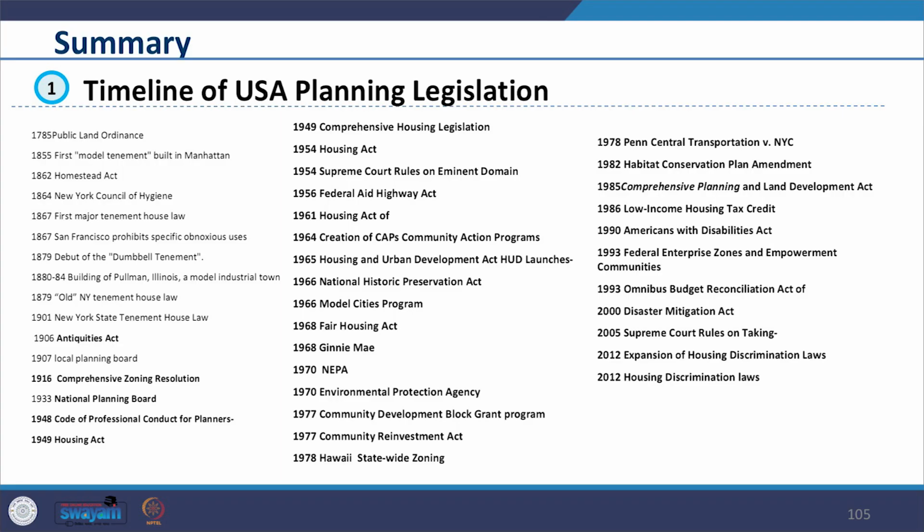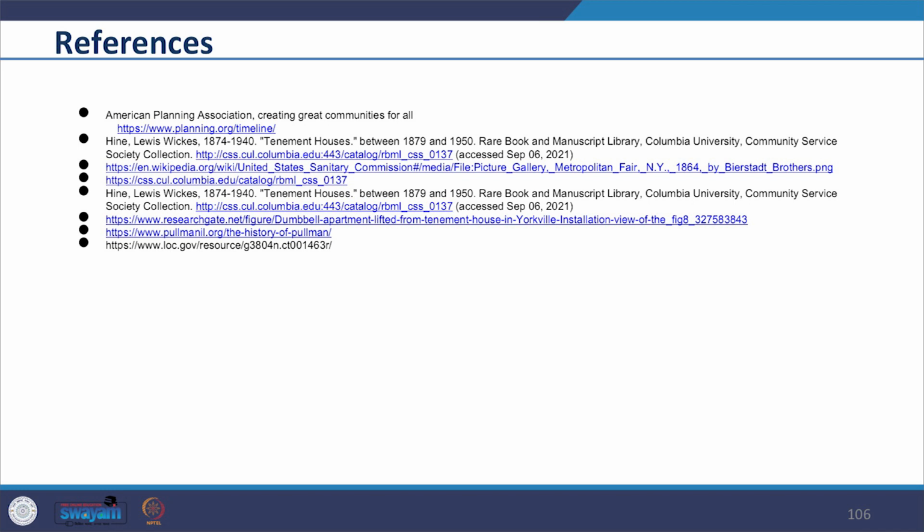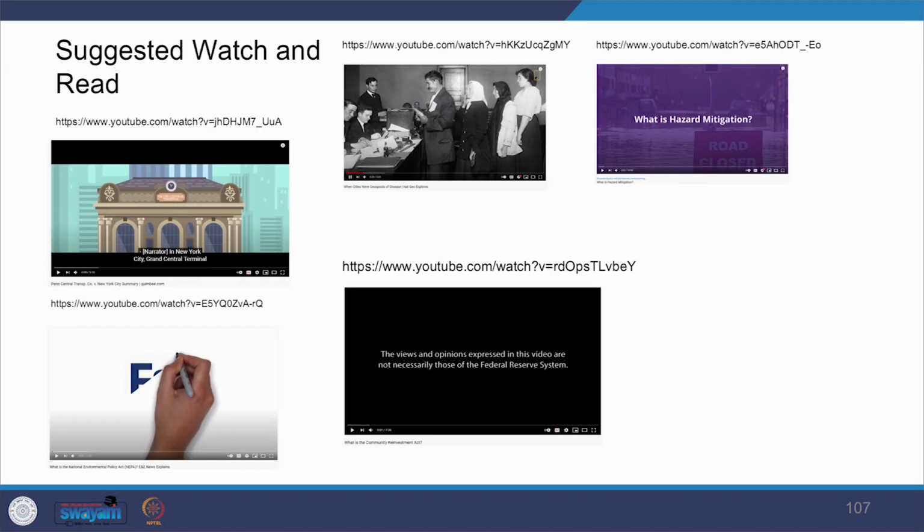So, we saw all that today, and we also saw how we became environmentally conscious, and then also how technology is changing our planning interventions. So, that is what we covered today. Our key references were APA documents. Our coverage was limited in scope to make you aware of the topic.